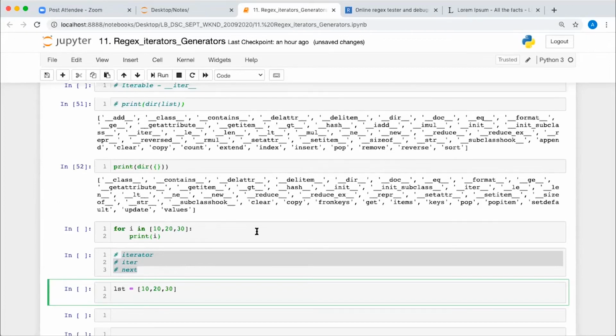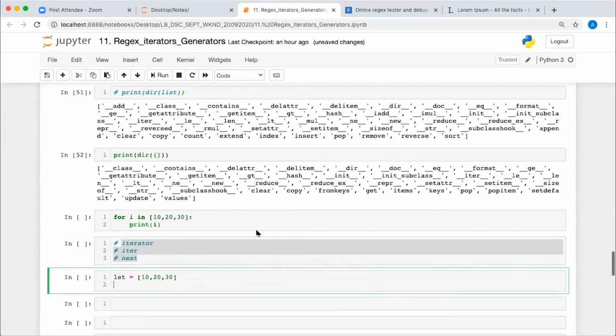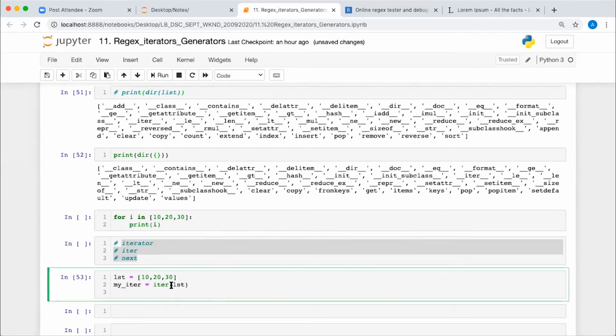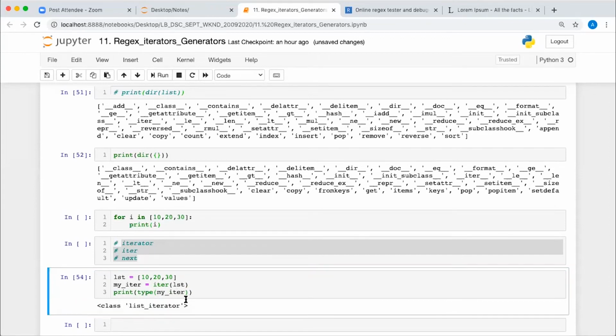Let me create an iterator object on this list. my_iter is equal to iter, and I pass the list. This is the iter function which we are applying on the list object, and it returns the iterator object. Let me see the type of my_iter. It is an iterator object.